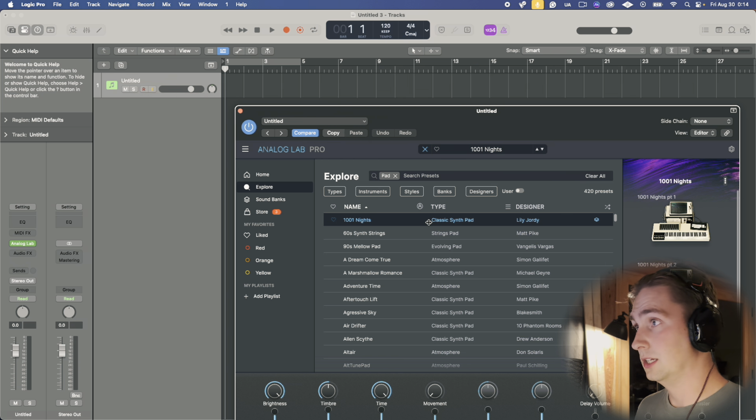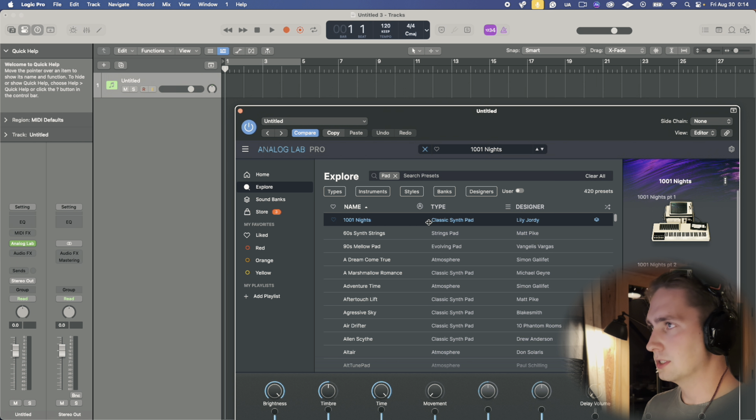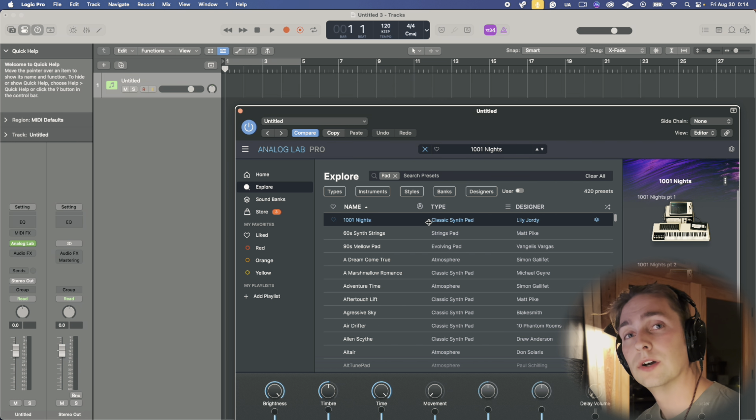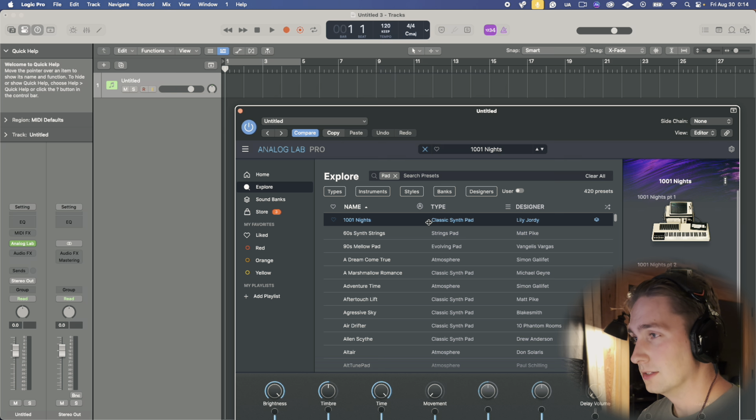If you don't have a MIDI keyboard, by the way, if you are a total noob watching this, two things. One, if there's anything that I'm doing here that doesn't make sense, this is not a how-to-use-Logic tutorial, just to be clear. There are so many that are much better qualified than I am to do that. This is showing you how I will write a song. That being said, because I'm a teeny tiny brand new creator, I have time to respond to all the comments.